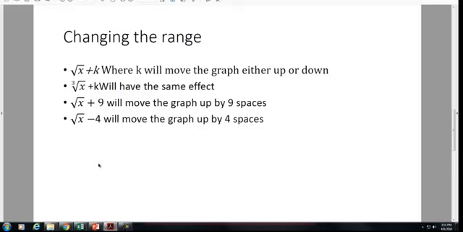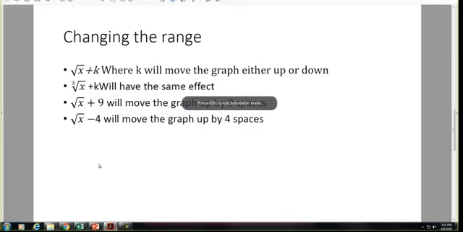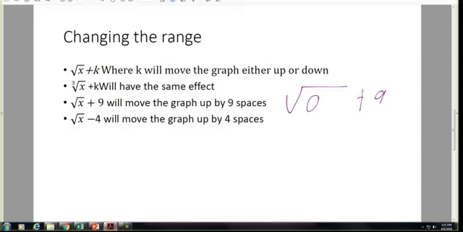So we have the root of x plus k, where k will move the graph either up or down. Again, extremely similar to the rationals we just looked at. If we have the cube root of x plus k, we'll have the same effect. So we look at the root of x plus 9, it will move the graph up by 9 spaces. And again, we look at the smallest square root we can get. In this case, x can be 0, and so we'll have 0 plus 9,